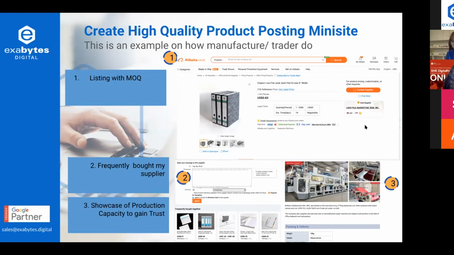Then they also have the verified icon, like whether you are a gold supplier or how many years you have been with Alibaba. So I think these are the very basic features of a marketplace, because we rely on reviews, the verified icon, and the company's portfolio to convey trust.